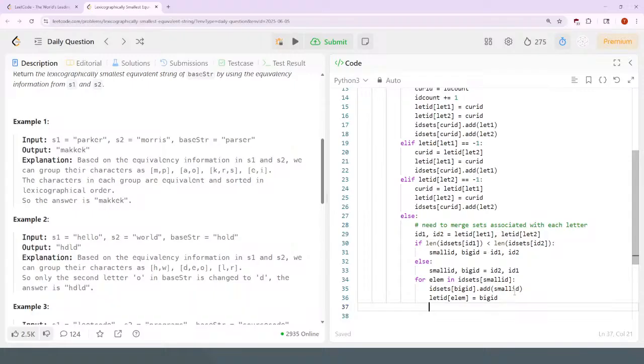I think that is correct. And now there's one last thing,